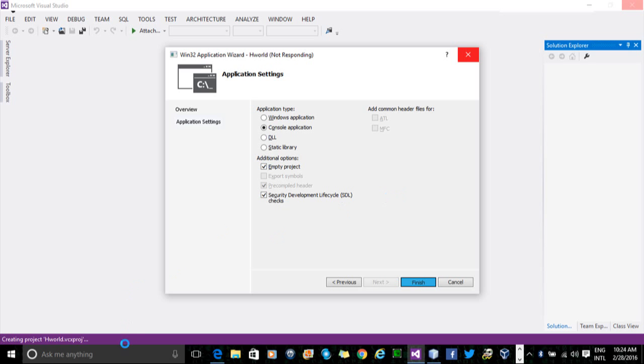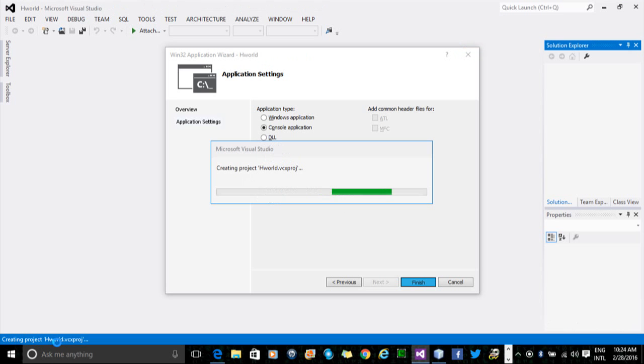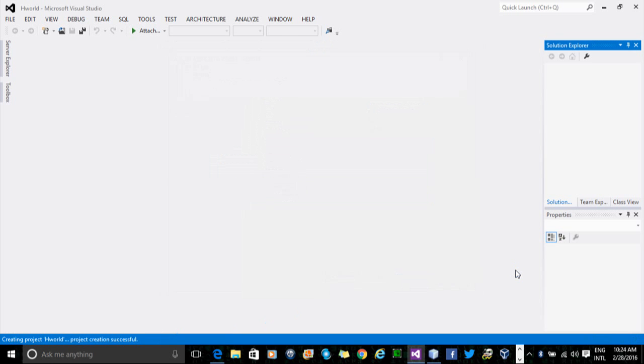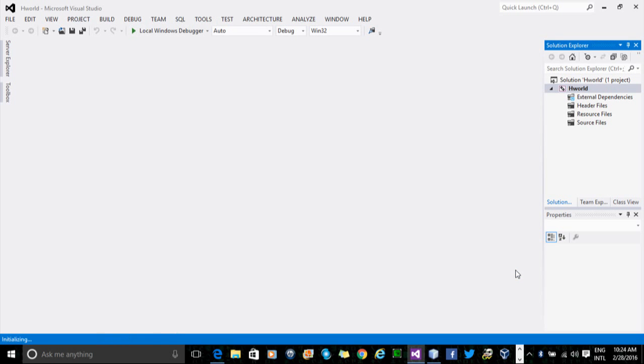Okay, in case you can see it down here, it says Hworld, creating project HworldBCXPROJ. Give it a second or two to load up and everything. Usually it shouldn't take that long. And what you see